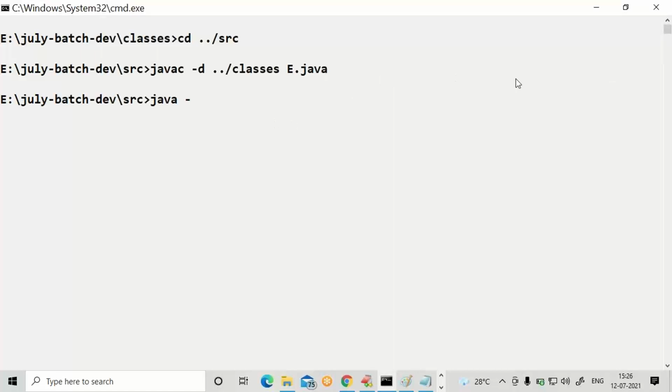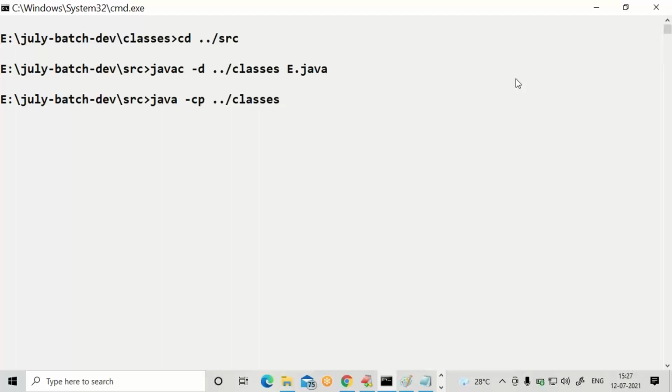Trigger java command from SRC by using -cp option. CP stands for class path. -cp space ../classes.